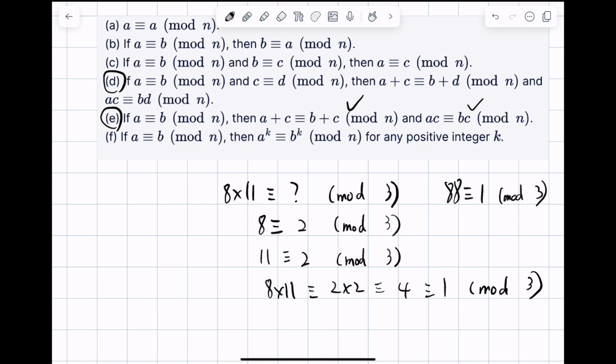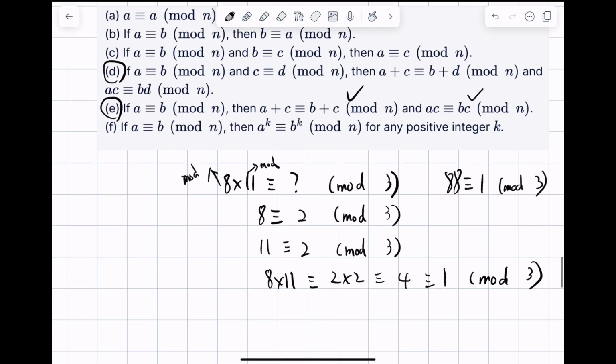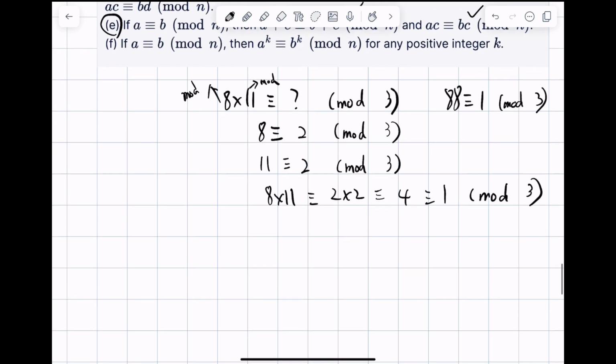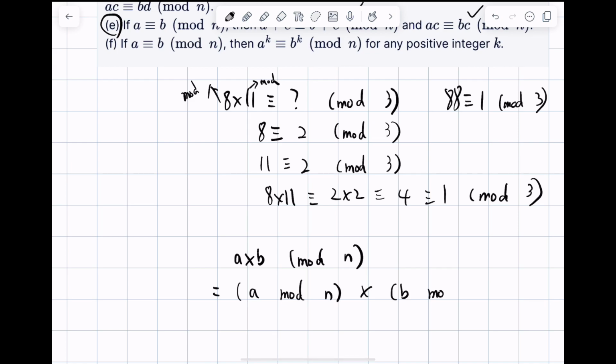But what I want to show you is that when you have multiplication in modular arithmetic, you can just mod them separately and then multiply them together. What I'm saying is that A times B mod n is actually equal to A mod n times B mod n, and then the whole thing mod n. Okay? So this is a very useful property. If you already understand this,